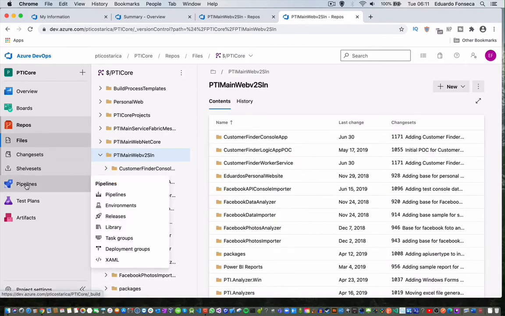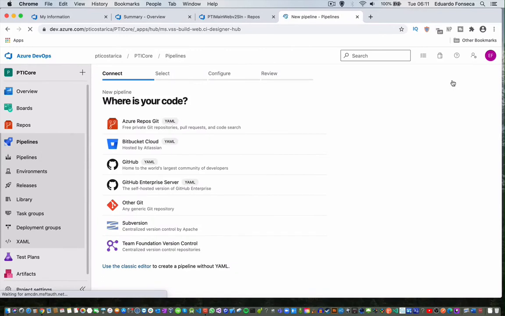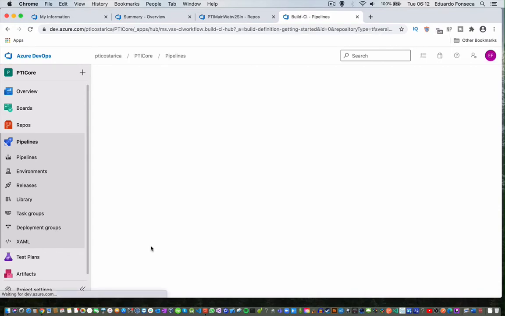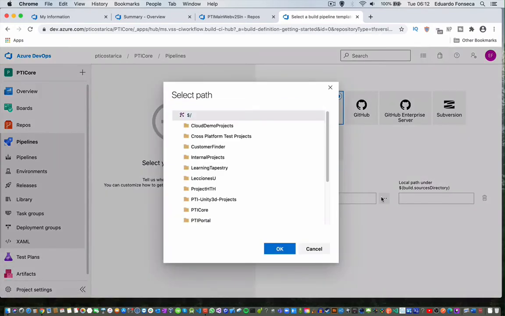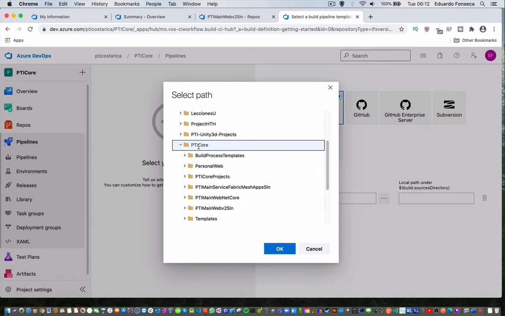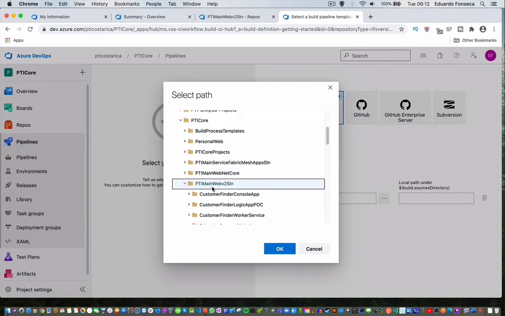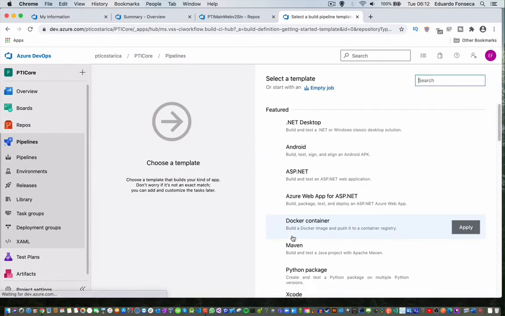So the first thing we are going to do is go to pipelines. We do new pipeline. This project is actually in TFS, so I will choose the Team Foundation version control. Yeah, and I don't care about all of the root. I only care about the core and the solution folder, which has all of the projects I want to build. After that, I'll hit continue, and